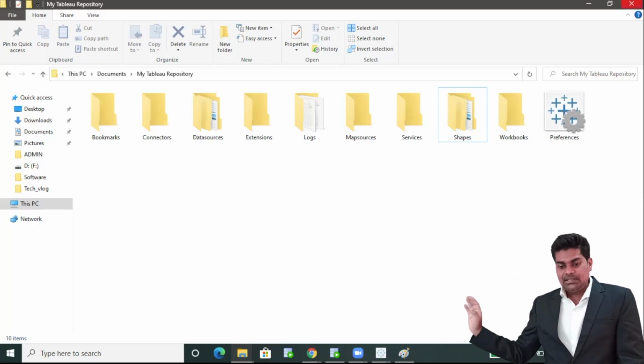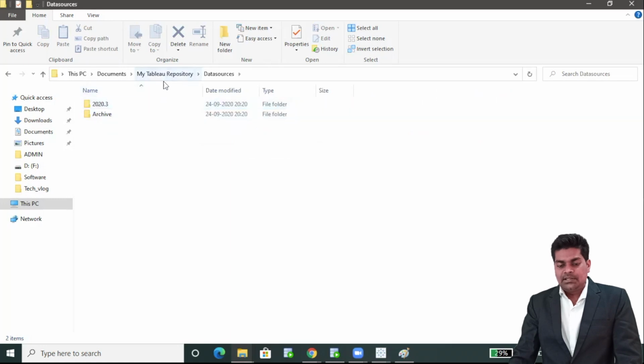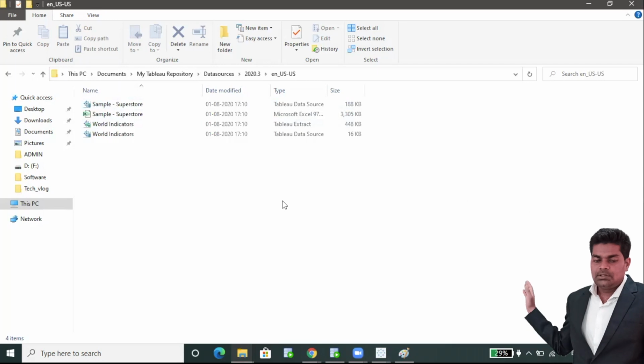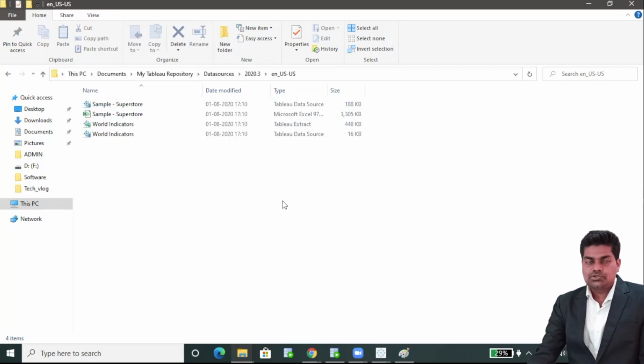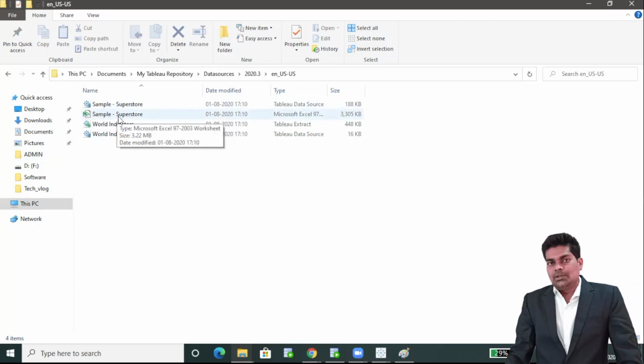This is the place from where you can get that data. For example, some Excel files for practice: you can go inside data sources, then 2020.3, and we have Excel like Sample Superstore. This is the Excel sheet which we generally use for practice.